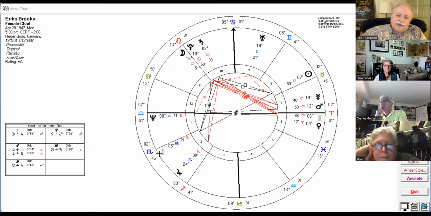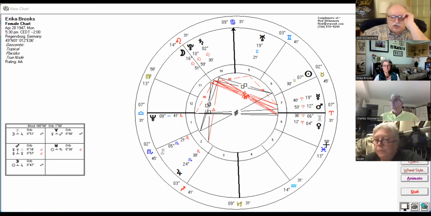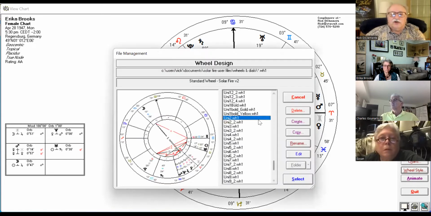Okay. So what matters in a house is what sign is on the cusp. What sign overlaps the cusp of the house? Here you have Scorpio on your second. Here you have Pisces on your sixth. Here you have Gemini on your ninth house. So it's what sign overlaps that cusp. Okay? Now, if I were to show you another way of looking at this, you would make it even easier. I'll show you a European way.